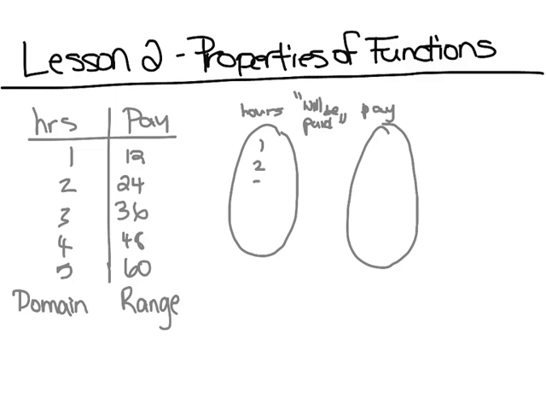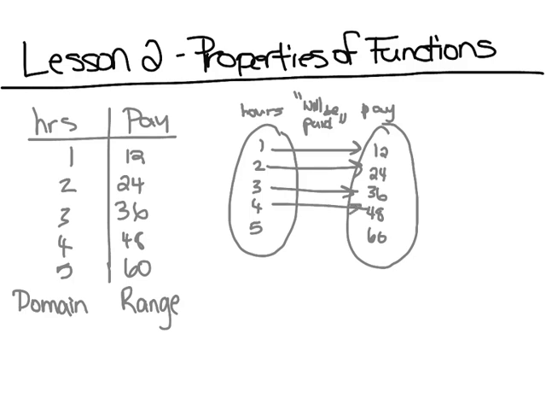So we have 1, 2, 3, 4, 5, and in the other column we have 12, 24, 36, 48, and 60. So for 1 hour you get paid $12, for 2 hours you get 24, 3 to 36, 4 to 48,